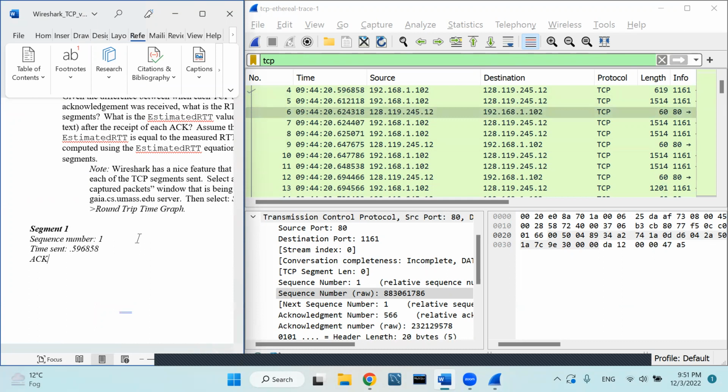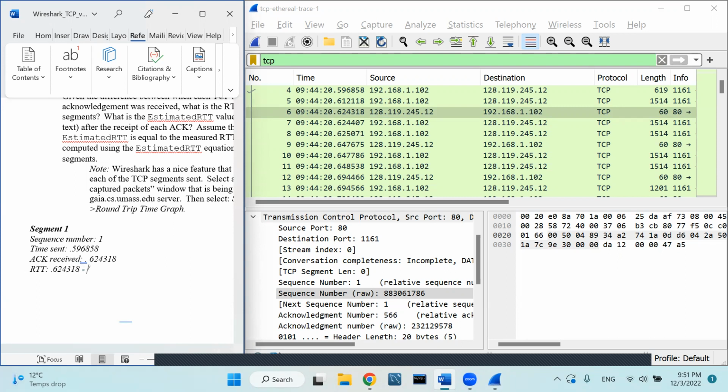And then we have the acknowledgement received, which is, as I mentioned, the first packet that we got from the server acknowledging that it received the packet. The time is 6249 625.4318. And then the round trip time is estimated to be we have to calculate the